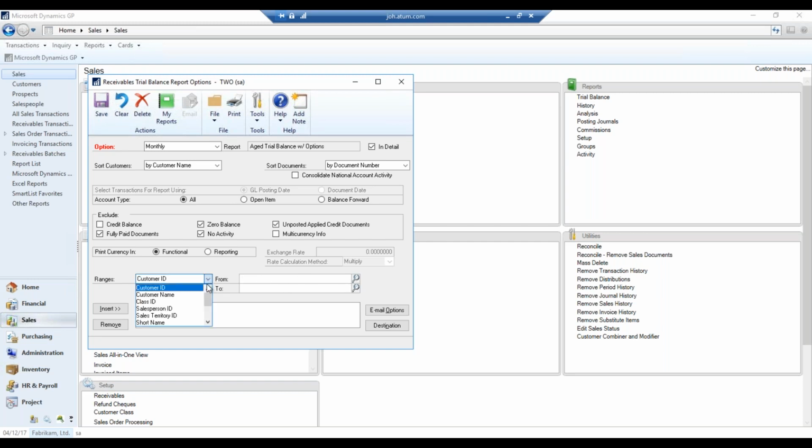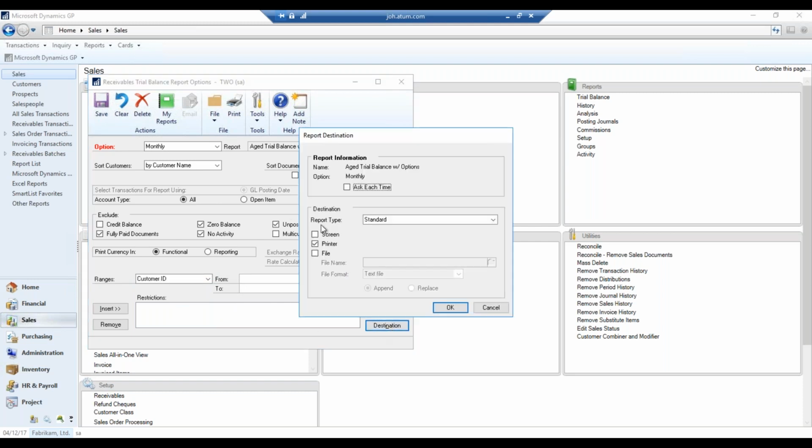So you can also apply different ranges. For example, if you want to do a particular class ID, then you can go ahead and do that, or a particular province or territory. This is another way that you can run your aged trial balance report. All right. The last thing I want to talk about is determining, based on your default settings,